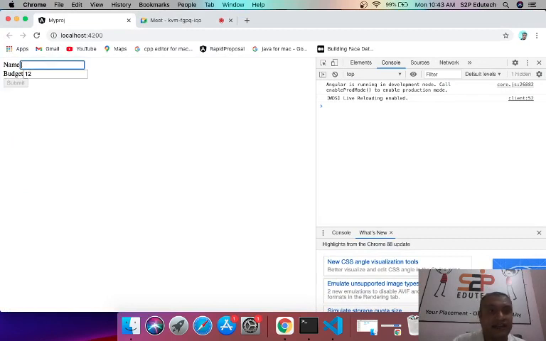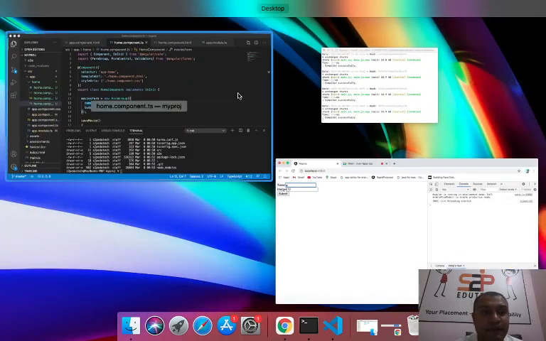So if I remove this, you will not be able to click, and if I type in any character in this field, this button would become active.